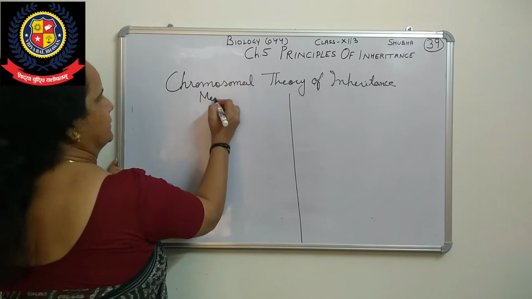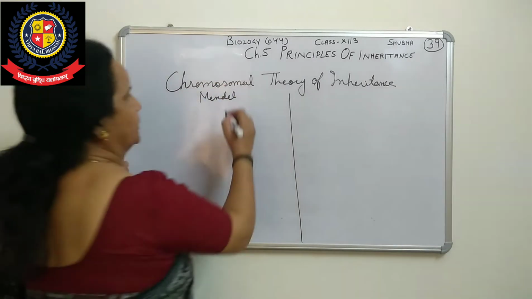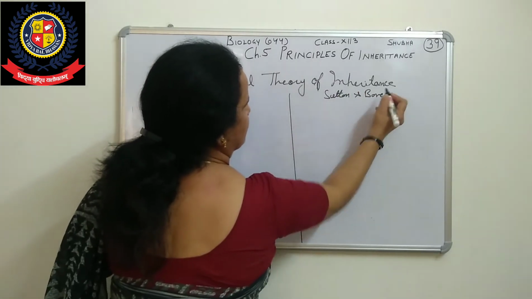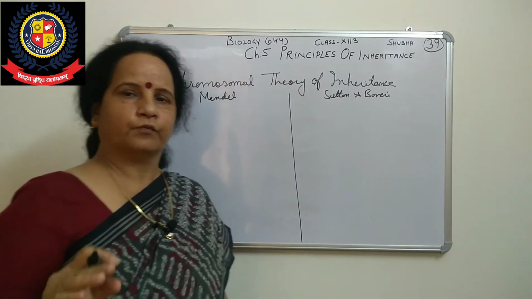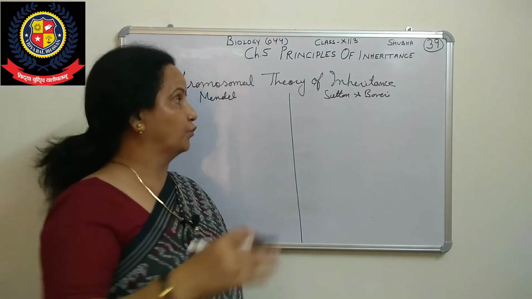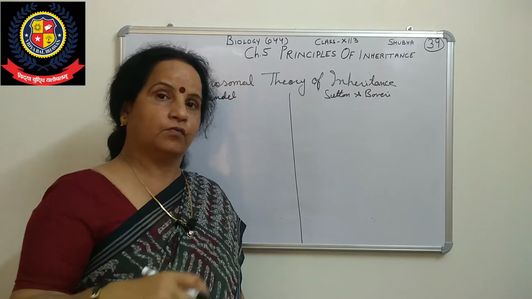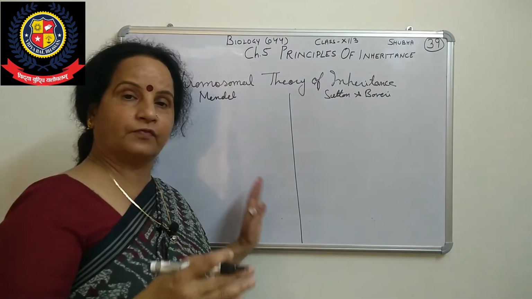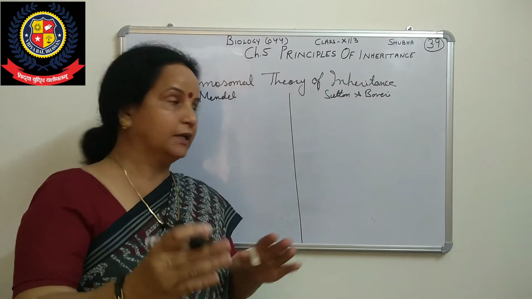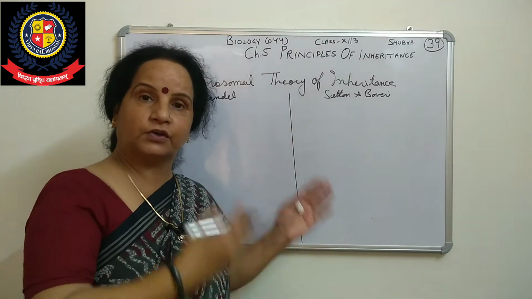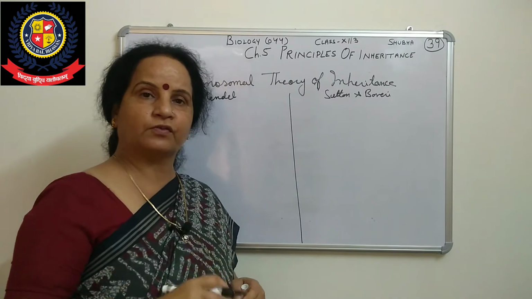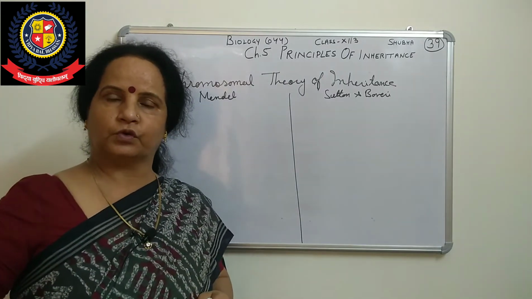Now here we will write Mendel, what Mendel had told, and here Sutton and Boveri. Are you getting it till now, beta? First of all, we saw the inheritance of two genes, then the law of independent assortment. Then why was Mendel's law not recognized at the time? He published his book, his observations, in 1865, but it came into existence after 1900. Mendel's work was recognized after 1900, which depends on the invention of the microscope, and the discovery of chromosomes and the nucleus.